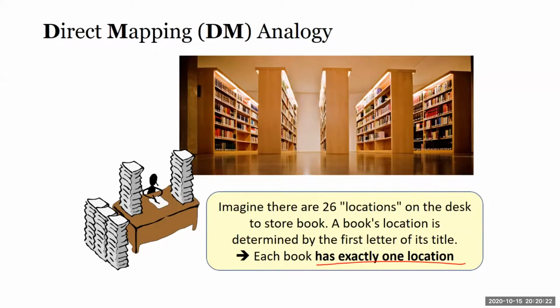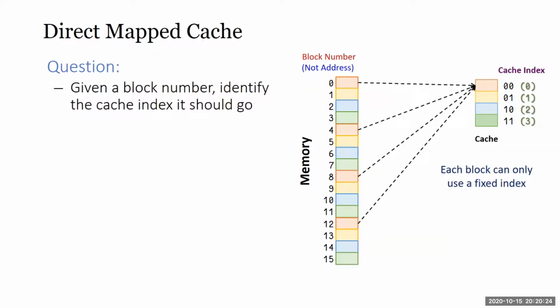Of course, if the books are all numbered, then we just use modulo. Suppose we have 10 spaces on our desk, and all our books on the shelf are numbered. We just modulo 10. I just take the last digit. If the last digit is 0, you go to the 0 slot. If the last digit is 9, you go to the 9 slot. If I have 15 slots on my table, then I take modulo 15, I divide by 15 to get the remainder. So every single book on my bookshelf goes to one particular slot.